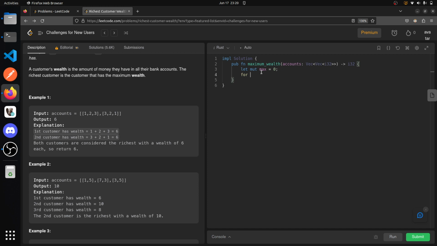Then we will loop through. So for loop entry in accounts, as our accounts is the main array. So now we get the individual subarray, and inside that we will need again a variable to make the sum of those elements. So for that we will create another variable and it will be mutable again. Let mut sum equal to 0,